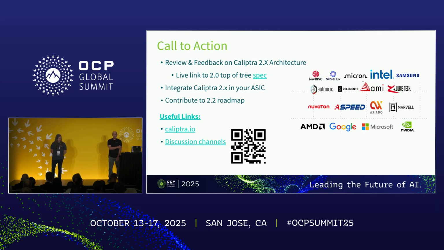So we're really, of course, looking forward to the community to give us feedback, to tell us what's wrong, to tell us what's missing, to do offensive security before anybody tapes in. That's very important. But also to contribute to the 2.2 roadmap, right? If you feel you can pull off the USB 2.0 trick, if you feel you can pull off area reduction, please come to the table, right?